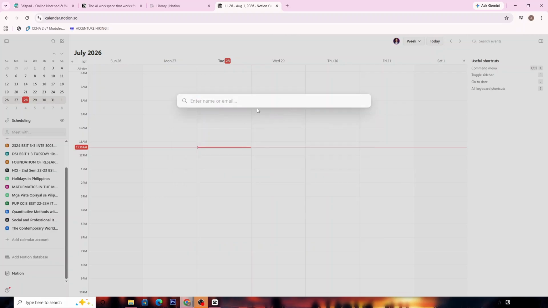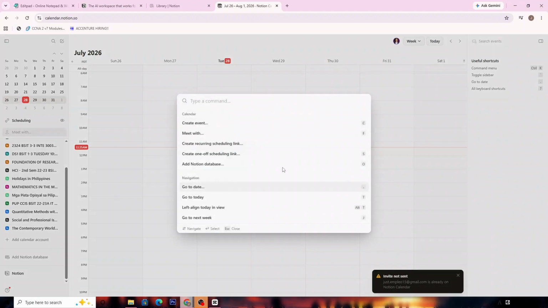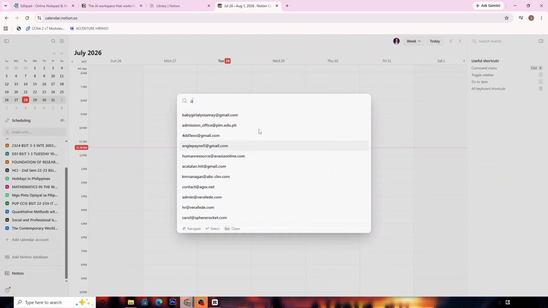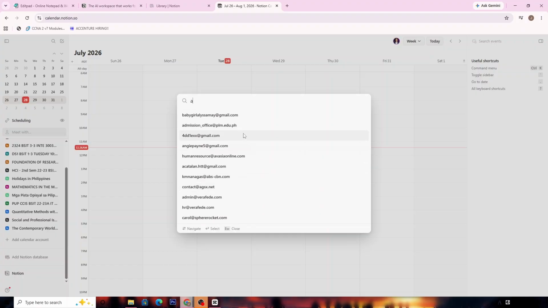Notion has streamlined the sharing process to be as user-friendly as possible. When you click Invite, you'll be prompted to enter the email address of the person you wish to share your calendar with. Type in the email address carefully. You can invite an individual, or if you're coordinating a larger project or event, you can add multiple email addresses simultaneously. This step is crucial because inviting someone directly grants them access to your live calendar, not just a static